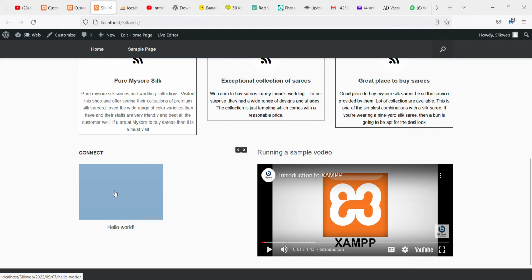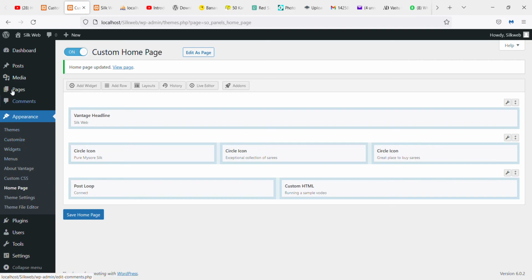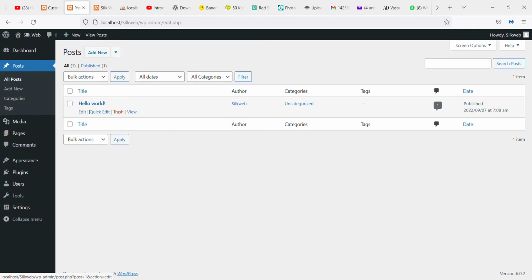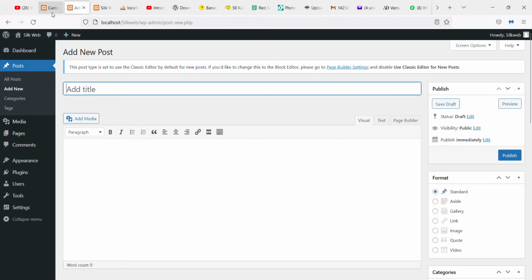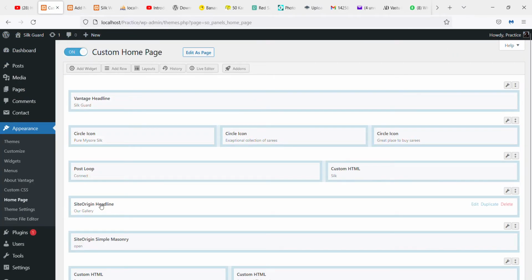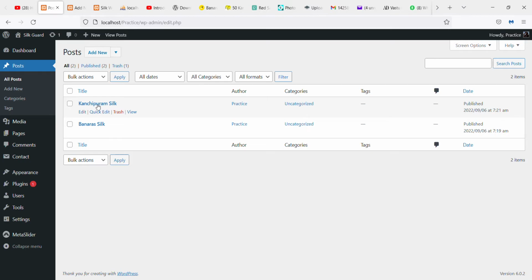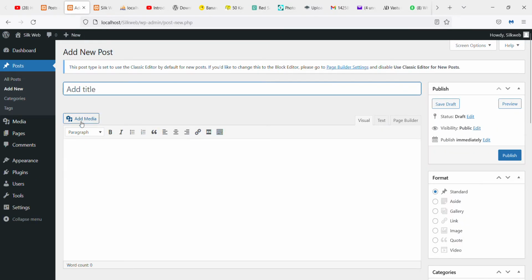So I'm going to see the post because presently only one post is there. So I'm going to go to the post and click on all posts, and I'm going to remove this and click on add new to create a new post. And here also I'm going to see all the posts and see what posts we have. So Kanchipuram silk is the one that is created,